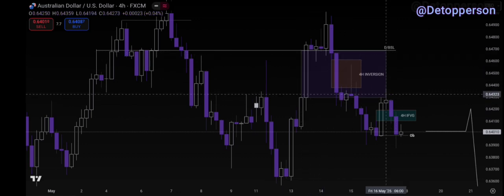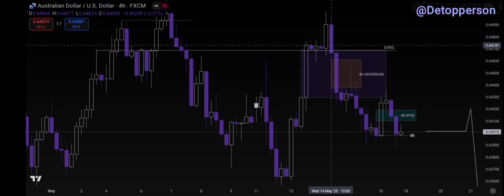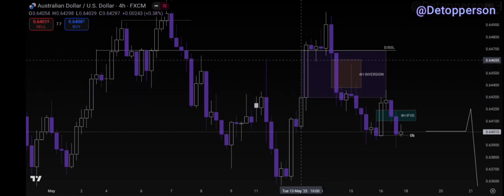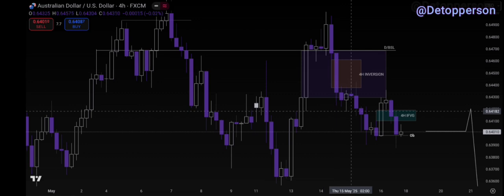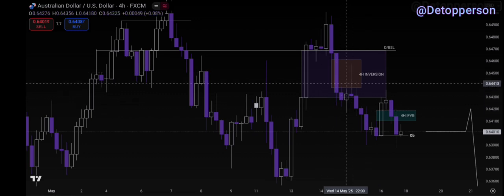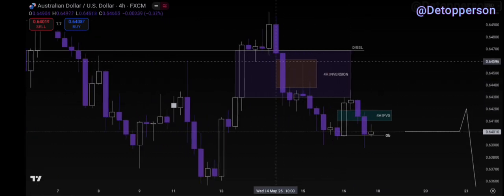This inversion. Okay, now price did what? Dropped down. Okay, we have this fair value gap right here, bullish fair value gap, and price did what? Came all the way down, inversing this fair value gap. And if you see closely, there is what? A bearish fair value gap